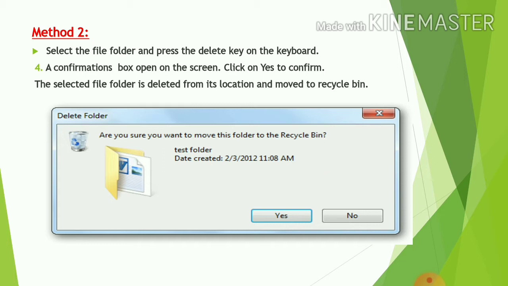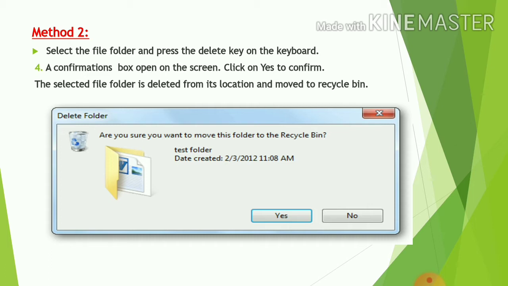So students, you have to click on the Yes option to confirm it. Here you can see in the picture the Yes and No two options will appear on your screen. If you confirm that your file will be moved to the recycle bin, then you have to press the Yes button. So your file will be deleted.